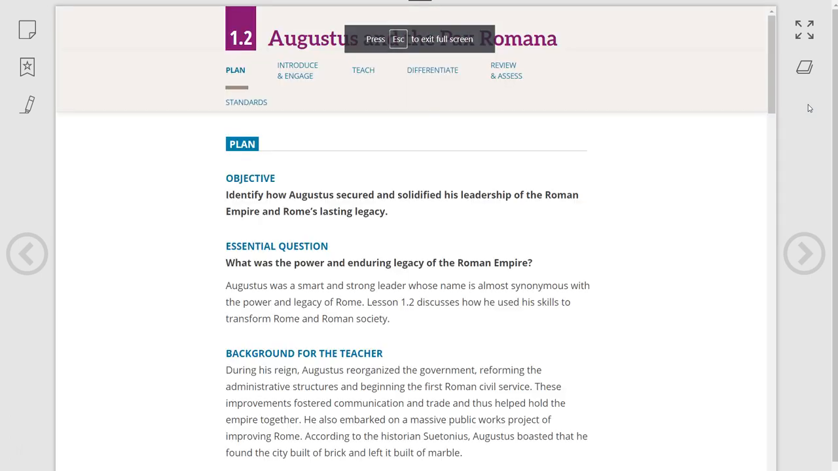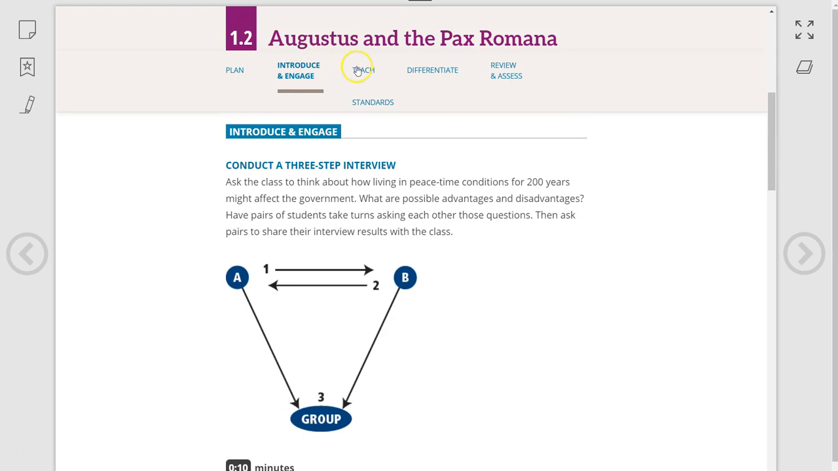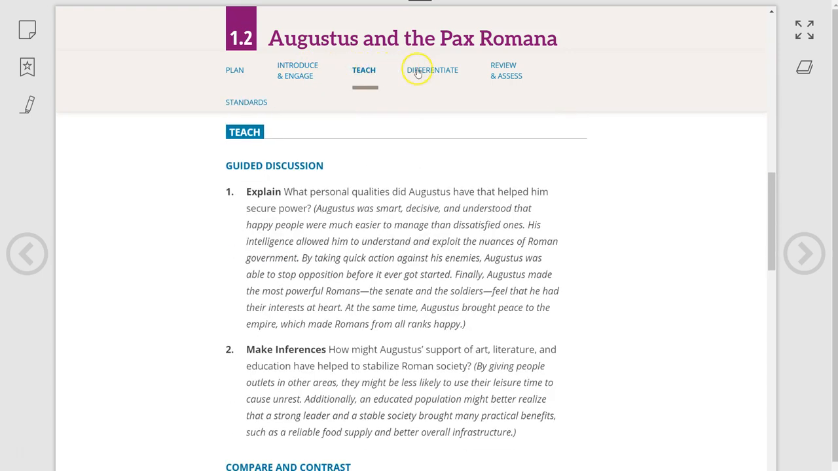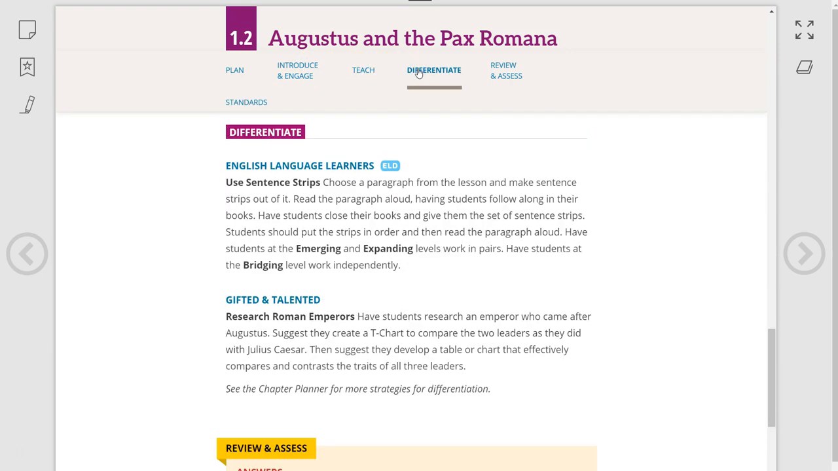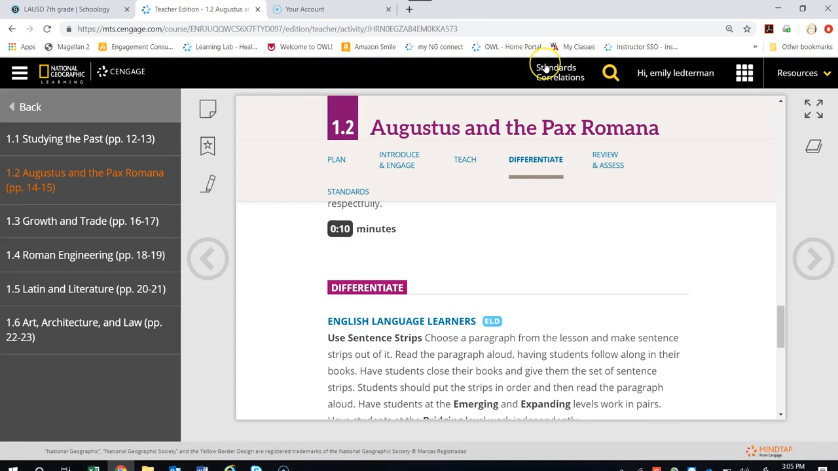That'll take us to the full screen, as well as we can go directly to the Student Edition in a new window here if we'd like to. We're going to hold off on that for just a second. We can also go directly to the different headings here just by clicking onto them. It'll take us to the different parts of our Teacher's Edition. Okay, I'm going to exit out of the full screen and we're going to talk a little bit about our